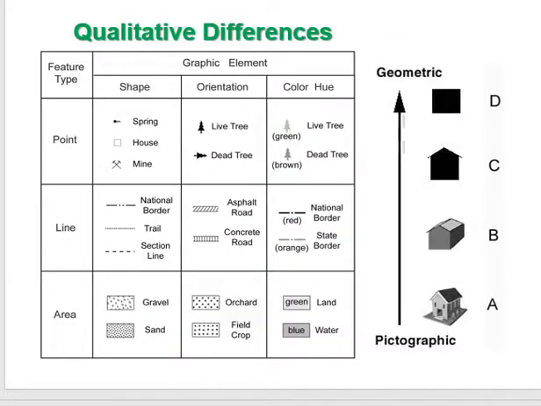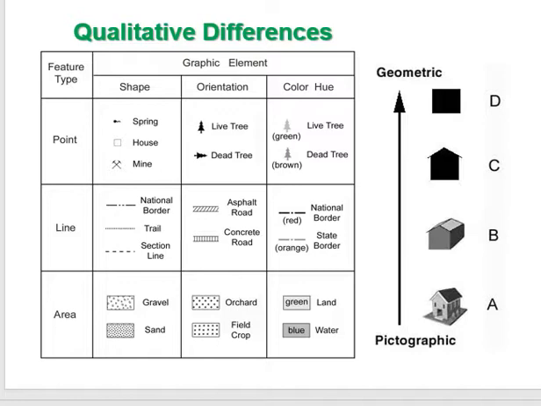So with qualitative data, you want to be able to show the difference of the quality. You don't want to show the magnitude, but you want to show how they are different in type,